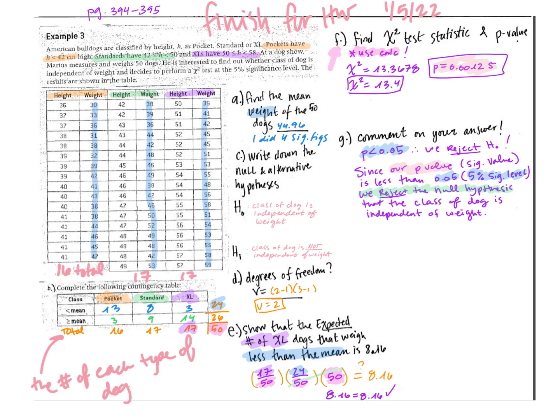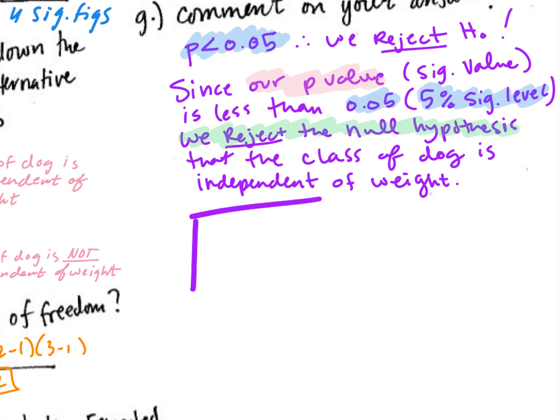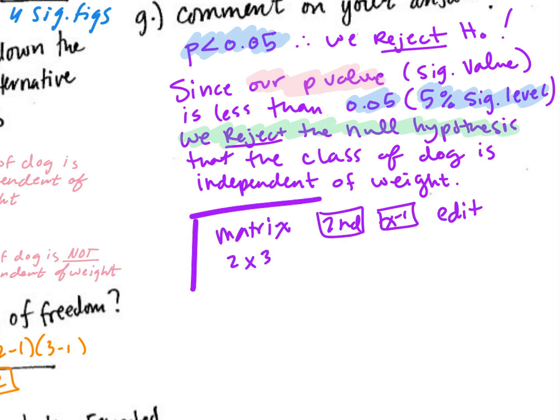And the way you do that, I'm going to make a little thing. So you go to your matrix, and I'll zoom in. So matrix, and that again is second, and then the x to the -1, little inverse. And then what does it look like? Go over to edit, push enter. It's a 2x3 matrix,